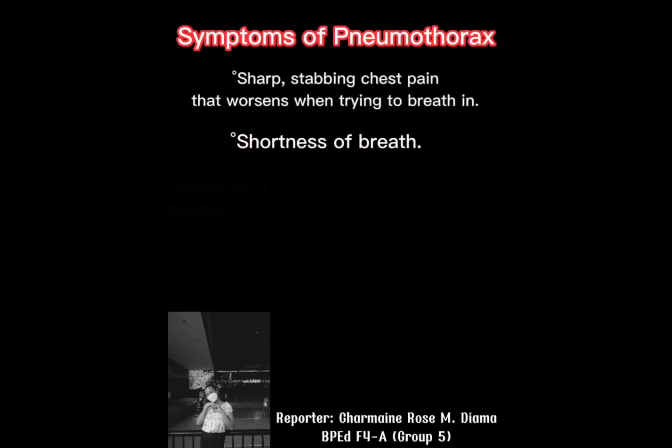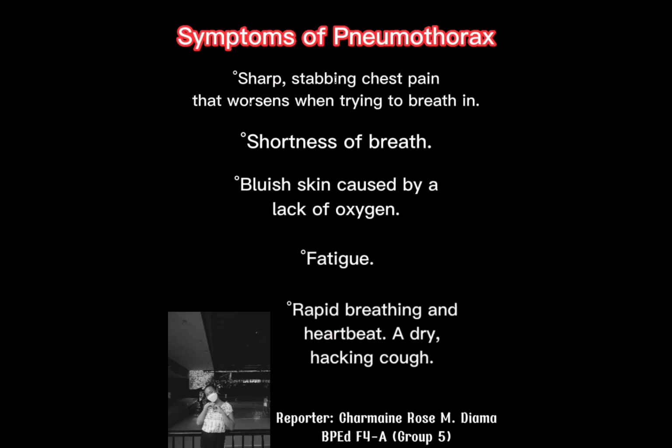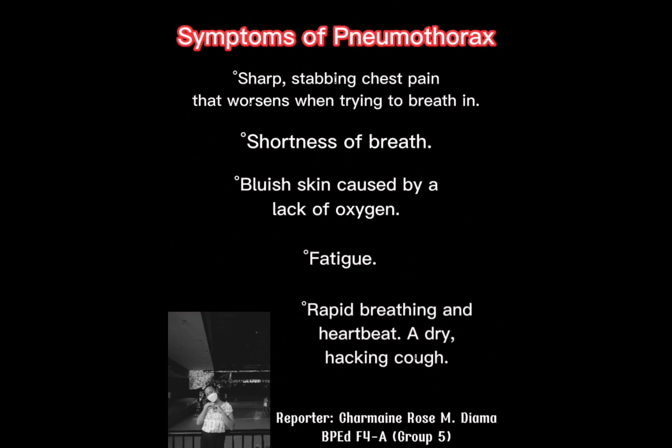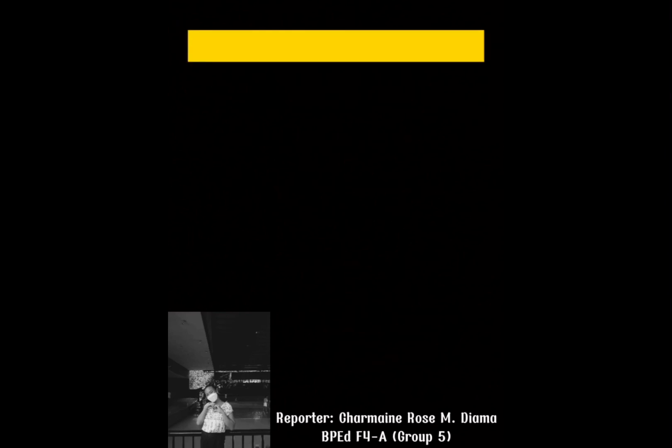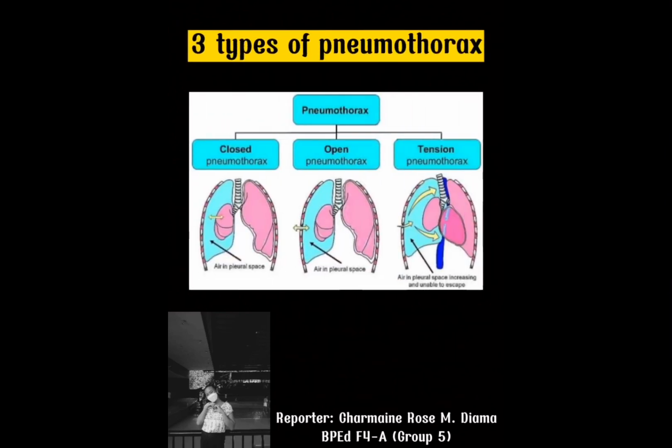Symptoms of pneumothorax: sharp, stabbing chest pain that is worse when trying to breathe in, shortness of breath, bluish skin caused by a lack of oxygen, fatigue, rapid breathing and heartbeat, and a dry hacking cough. There are three types of pneumothorax: closed pneumothorax, open pneumothorax, and tension